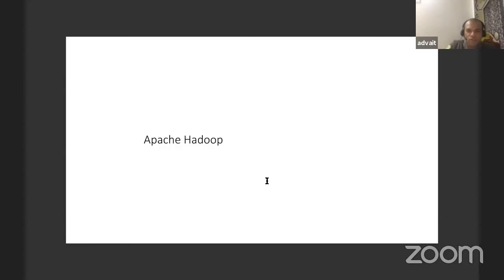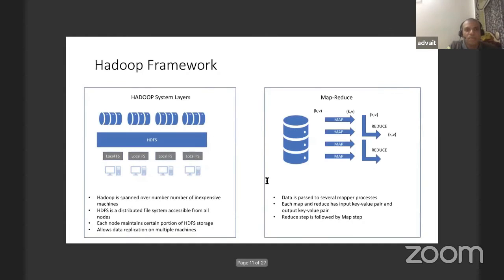So moving back to the more practical example, there is Apache Hadoop. I'll give you just a very small overview of the Hadoop framework and also an example of how to process data in Hadoop. You don't have to understand each and every concept here, but just try to get the flavor of it, because it's very hard to describe the systems in a very short time. But I have tried my best to cover most of the parts and make it easy for you.